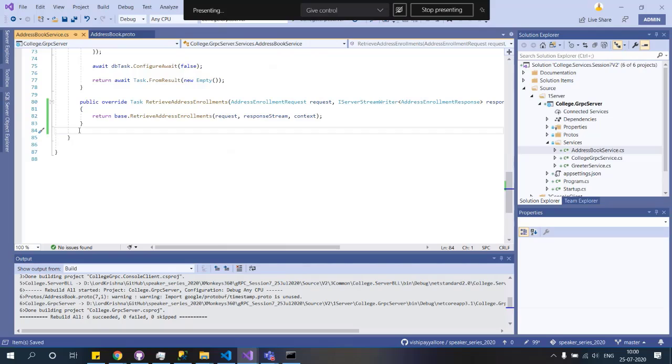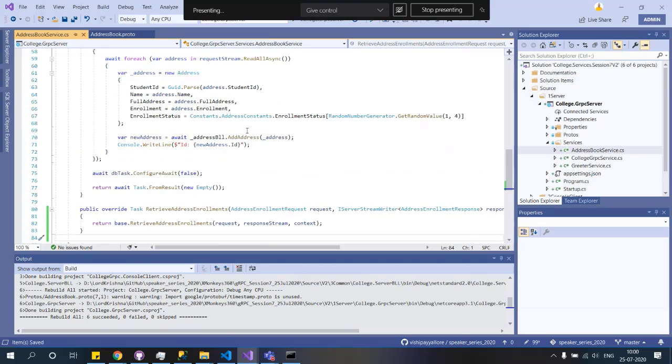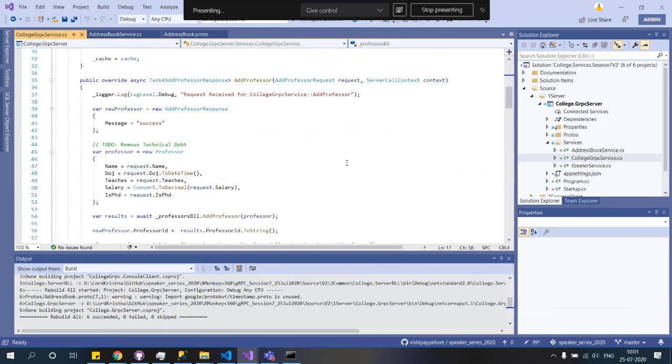When someone calls this retrieve address enrollments, it should go and invoke that. It should retrieve all the rows and start streaming them in one by one. It should be very similar to this.